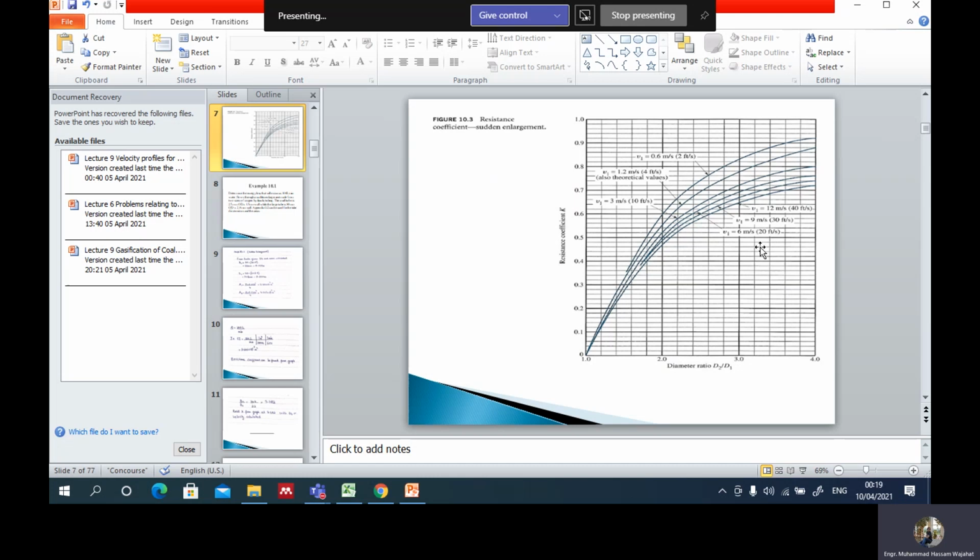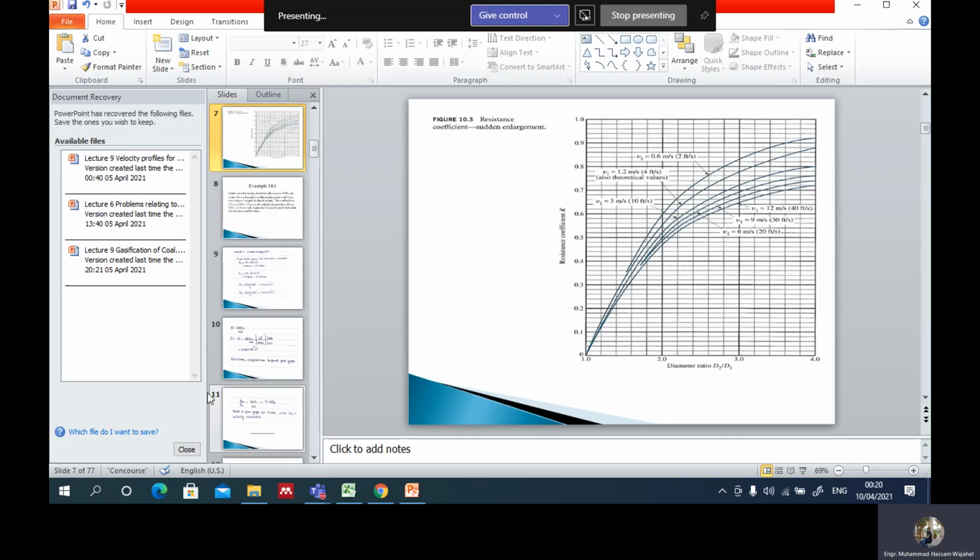I take a vertical line upwards from 3.3. I already found the velocity using the equation Q is equal to UA. I know my velocity is 4 point something. If this bottom curve is 12, the second is 9, the third is 6, the fourth is 3, so I have to make an imaginary curve between 3 and 6, which I will assume is at 4. The point where it intersects with 3.3, I read it across like this. So this value comes to 0.704 in this case, around that value. So I know that is my resistance coefficient value.